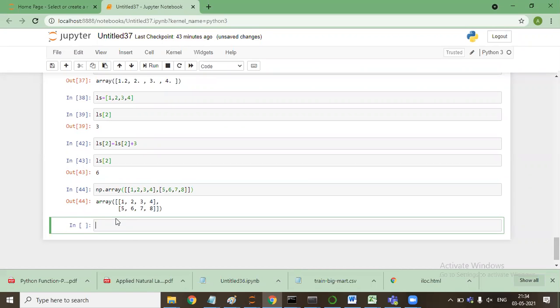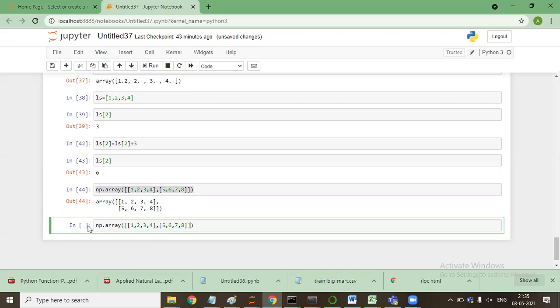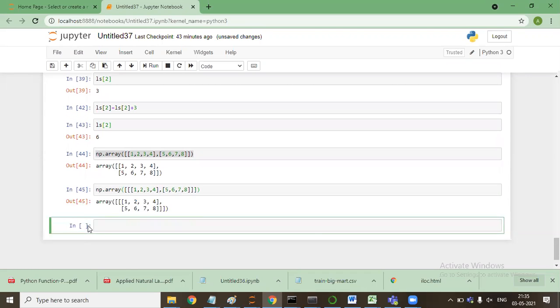Now if I'll say np dot... okay, one another thing I will clarify before this: it is actually a 3-dimensional array, but the number of items, the lines that we see are 2, 1 2 3 4 5 6 7 8, but actually it's a 3-dimensional array you see here.